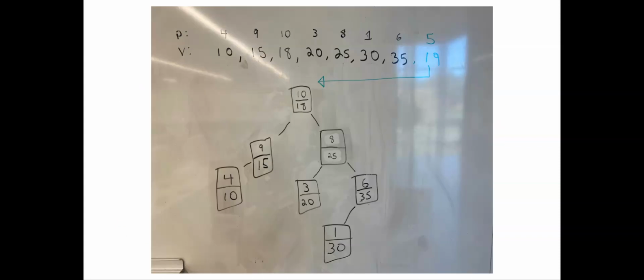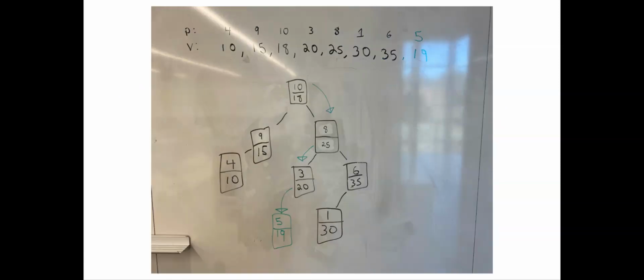Here is the same treap with the same values we've been using. Let's say we want to insert a node with the value 19 and a priority 5. Using the original binary search tree insert from the pseudocode, we are going to move to the right of 18 because 19 is larger, the left of 25, and the left of 20 for the same reason, because it is smaller. But now we see that we have a priority of 5 underneath, a left child of priority